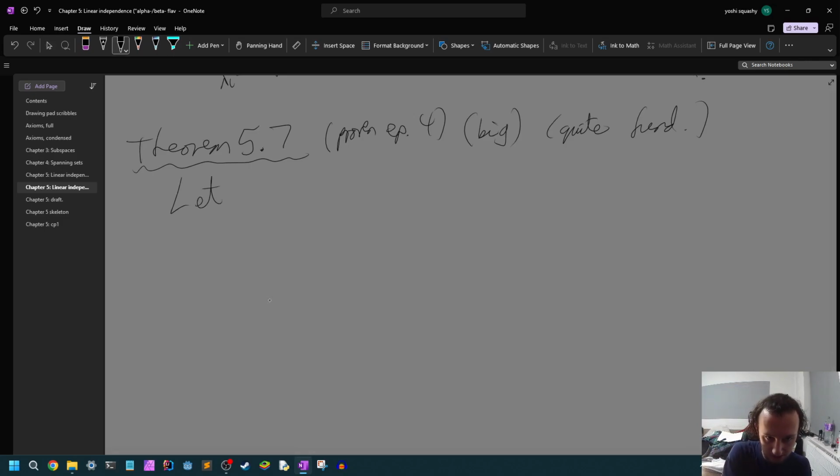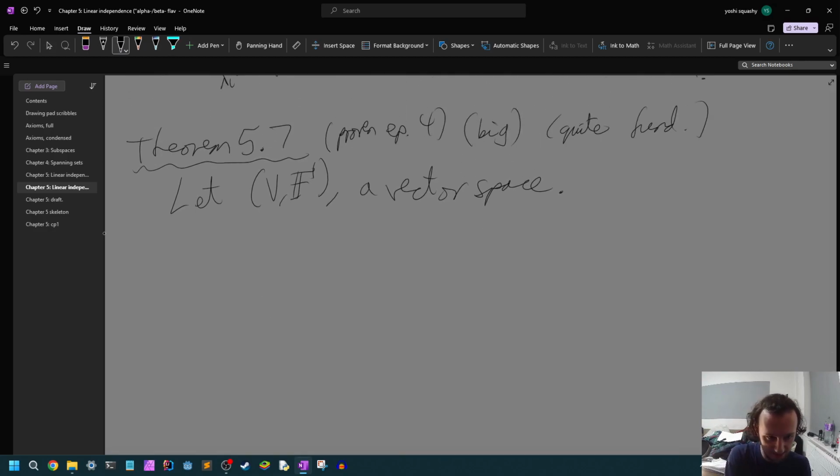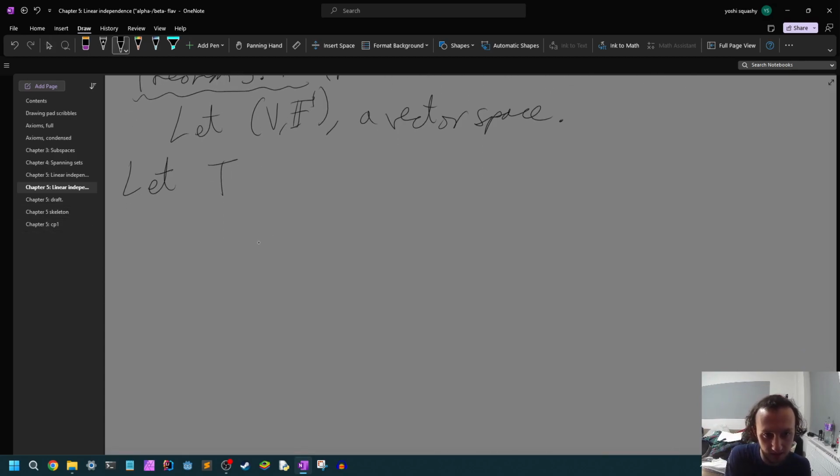So, good start, we're just going to say let V be a vector space. Then you can use different symbols for this, but I'll make sure I use the correct symbol. So we'll do the linearly independent one first. So let T